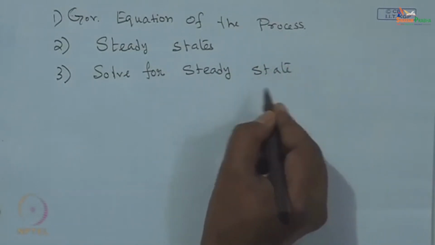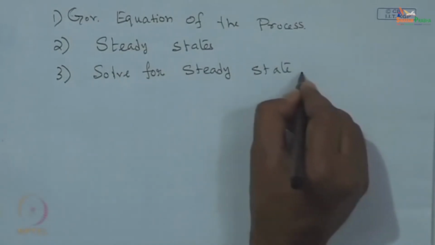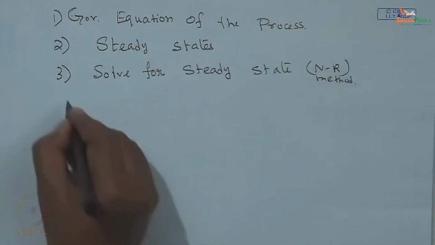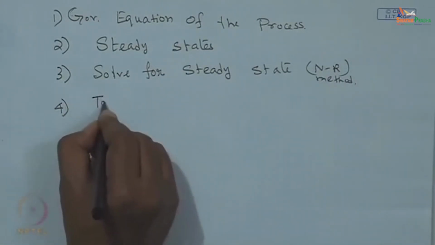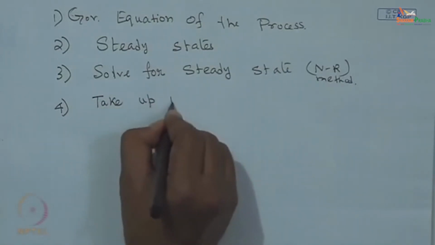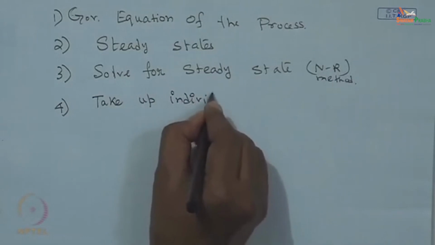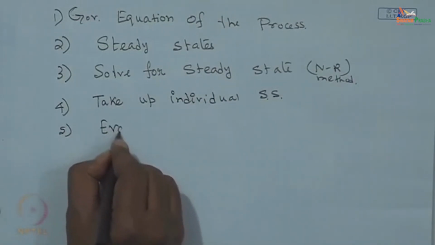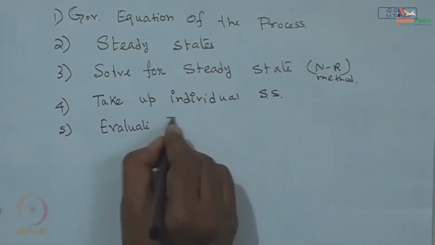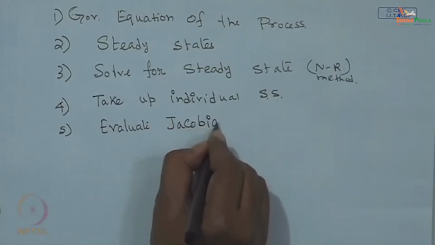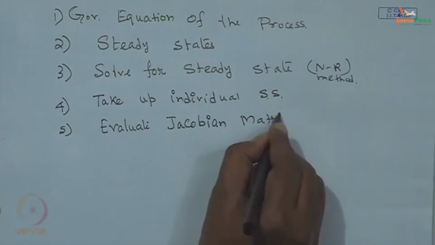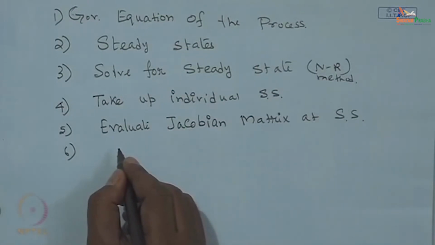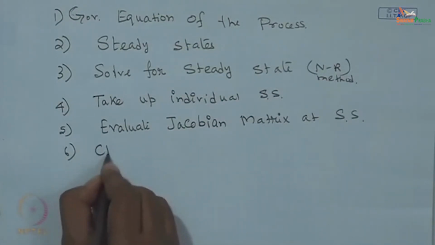Solve for the steady state. Once you solve for the steady states, you can use Newton-Raphson, maybe one of the methods for a complicated problem. Then you take up an individual steady state, evaluate the Jacobian matrix at that steady state, and next you check the